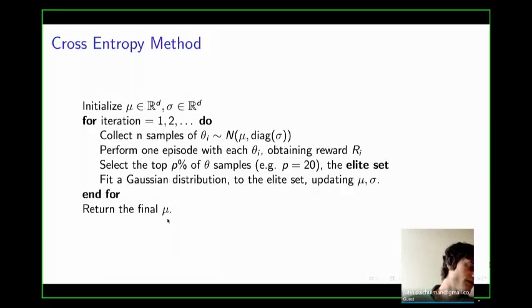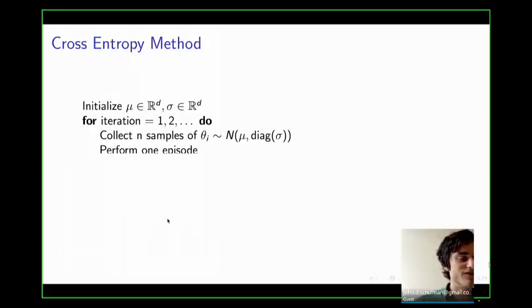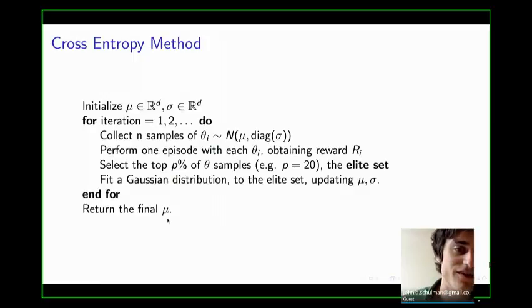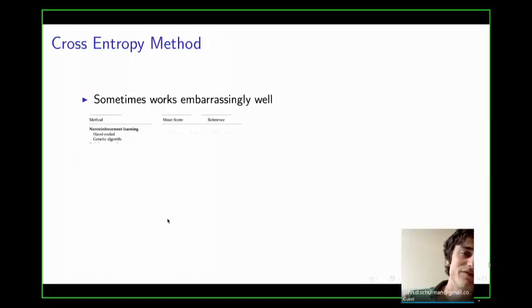So this simple algorithm is called the cross-entropy method for sort of historical reasons, which is that it was actually derived for something else, for integral estimation, but I won't go into the details for that. But the funny thing is sometimes this algorithm works embarrassingly well,